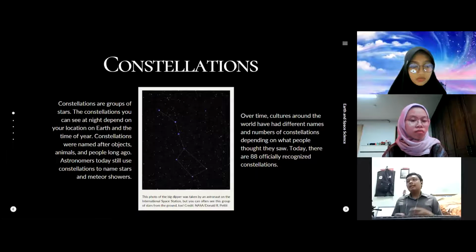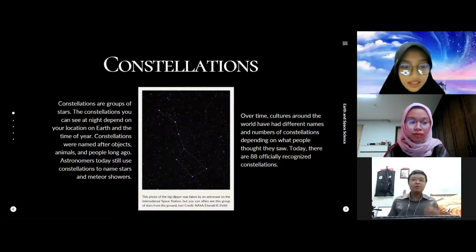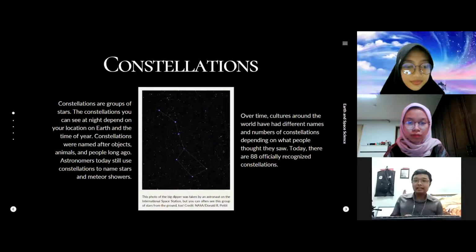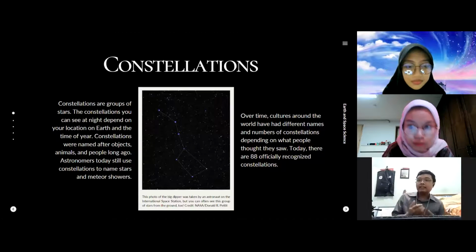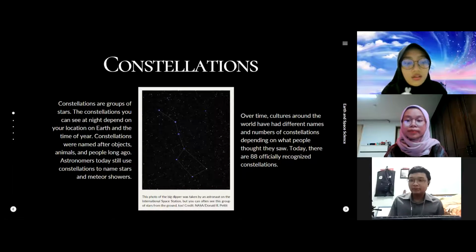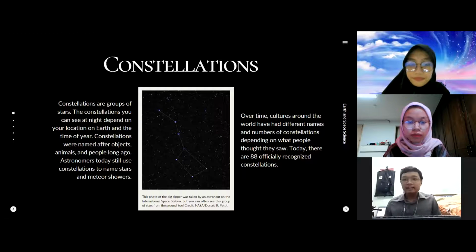As we know, constellations are also used when you are born, and people say that your constellation is Virgo, Scorpio, or something like that. And actually, that's not the only constellation in our universe. For example, in this picture, there is the Big Dipper. It's one of the constellations in our universe. And actually, there are 88 officially recognized constellations, and you can find them in various sources. So next, for the next slide,